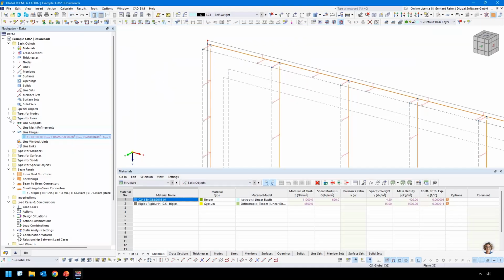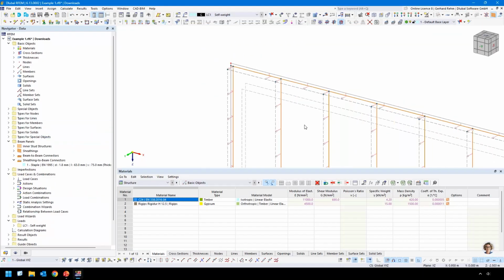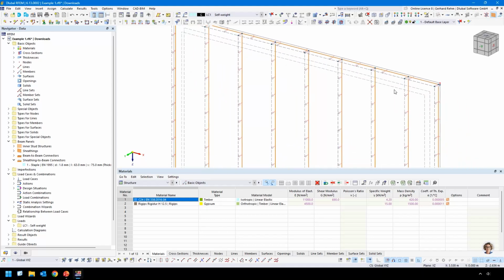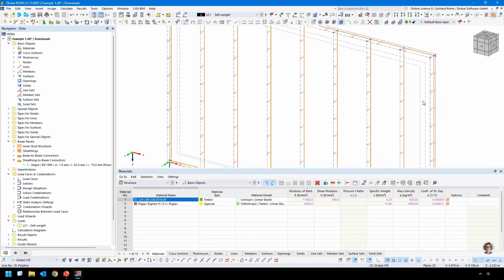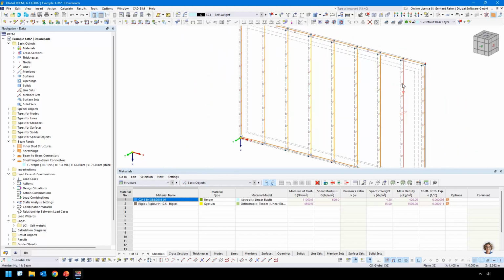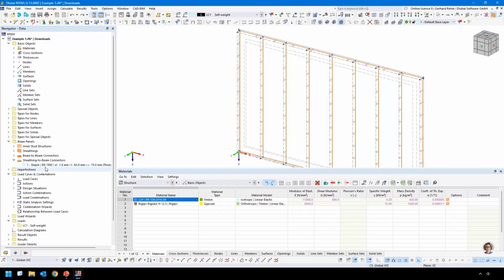We start with this example. This is actually the way we model these timber shear walls. Maybe one word to these